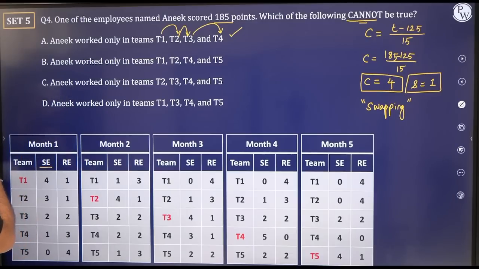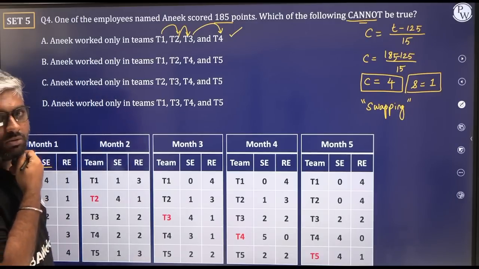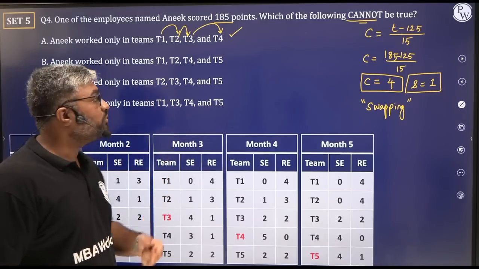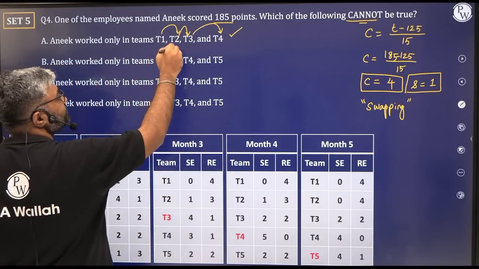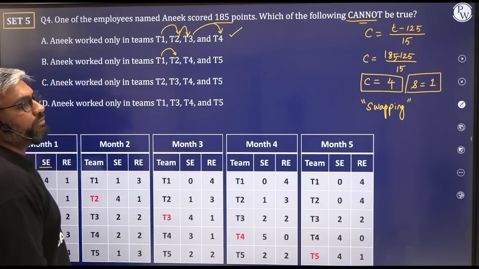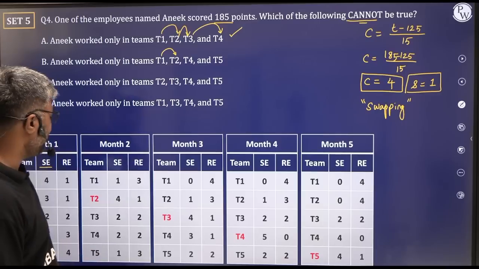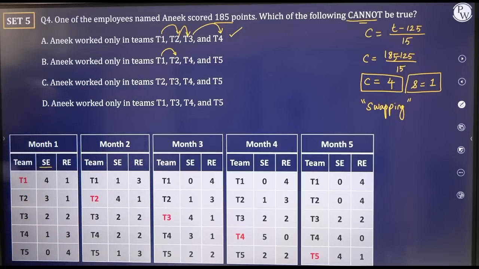So T1, T2 से T3 नहीं है. T2 से T3 नहीं है. That means it's not that first condition swapping जरूरी नहीं है. So what is happening? T1 से T2, he could have gone from T1 to T2 in the first swap. First month में जो swap हुआ था for challenging. Yes. T1 to T2 यहाँ पे गया होगा वो.